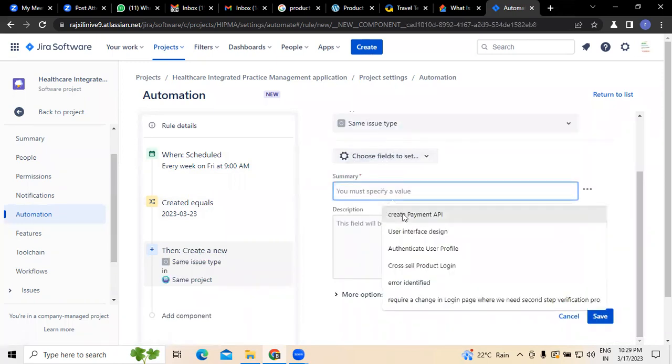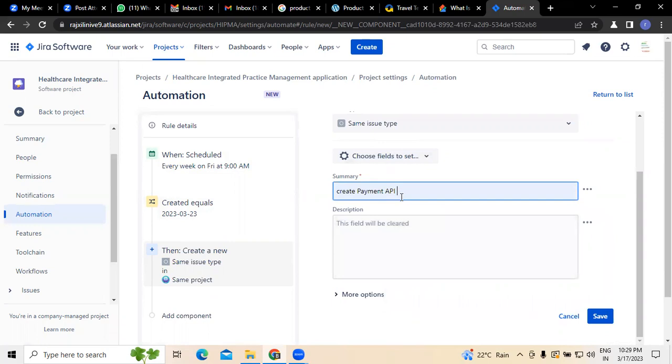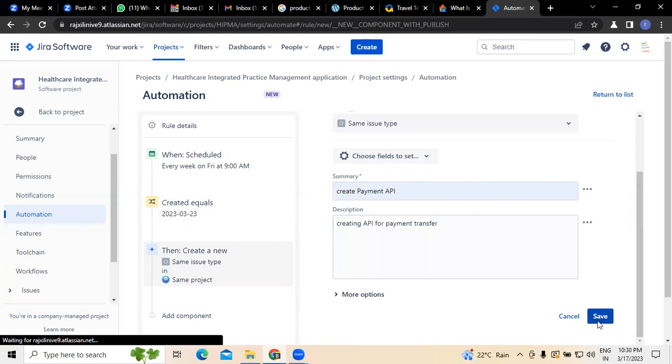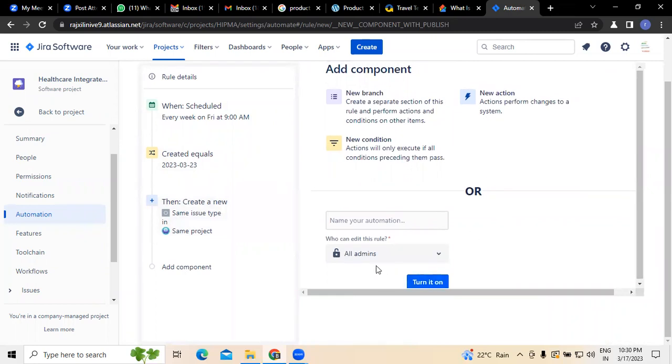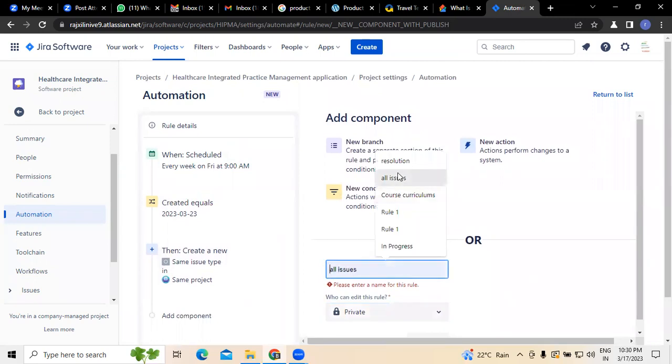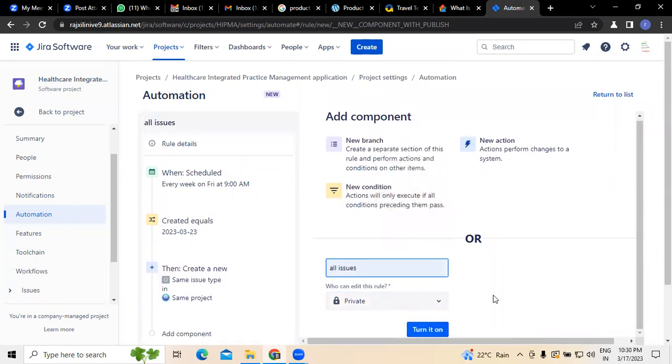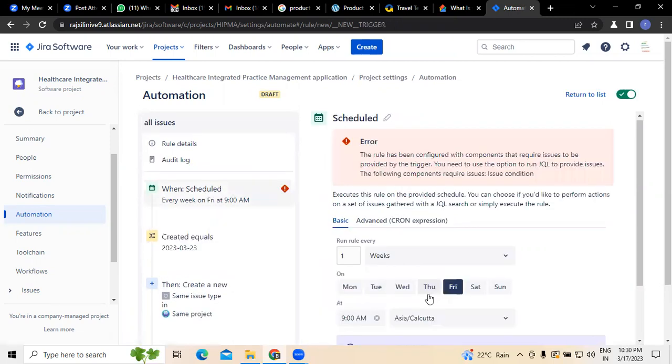Now at the same time, when we are talking about the actions here, create an issue. For example, create a payment API, right? For example, creating API for payment transfer. That is what we have written here. Right, so that is what we have. Now, this is only for private admins, where we need to enter the values, whatever the values we have on that. So you can see